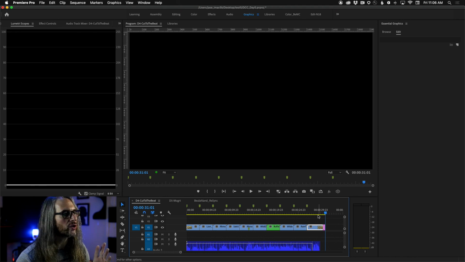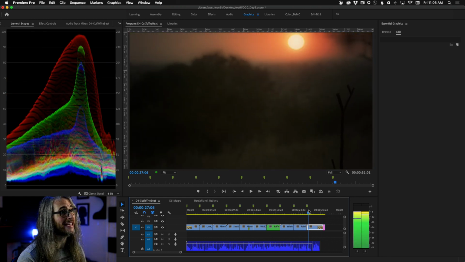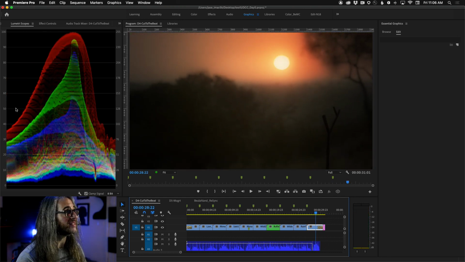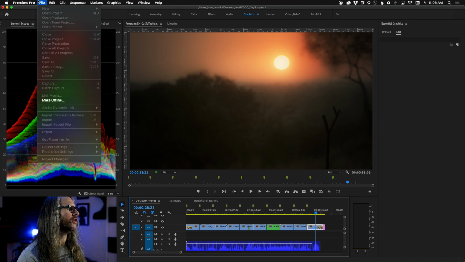And it's such a cool feature. And again, very much a hidden gem and undiscovered thing that we have inside of Premiere. So with your sequence selected, if you go up to the File menu,